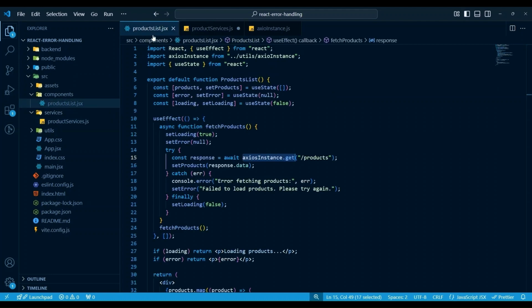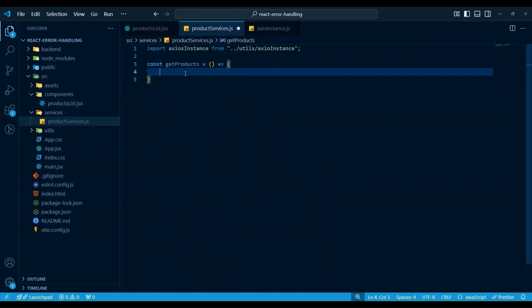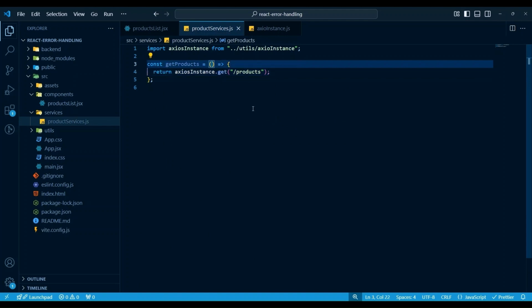Now let's move back to the products list component. I'm going to copy this line from here and simply paste it here. And also don't forget to add a return keyword. And that's it. If you want to pass query parameters to the API,